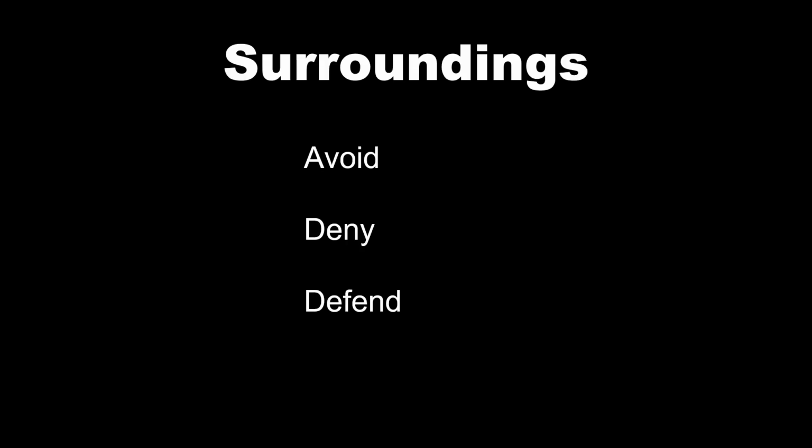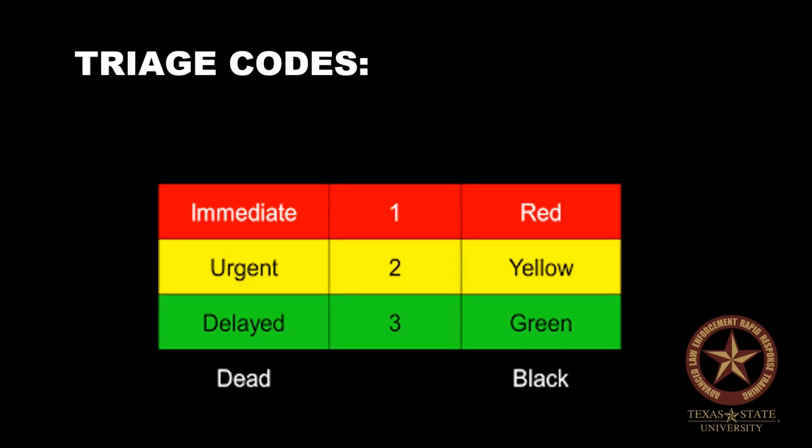Just like being aware that a tornado is imminent or a hurricane is coming, be aware of your surroundings. In the next video, you will hear from Christina Anderson. She is a survivor of the deadly shooting that happened at Virginia Tech on April 16, 2007. In the video, she mentions triage codes that were used by SWAT members that responded that dreadful day. As you can see, immediate 1 is red, urgent 2 is yellow, delayed 3 is green, and dead 4 is